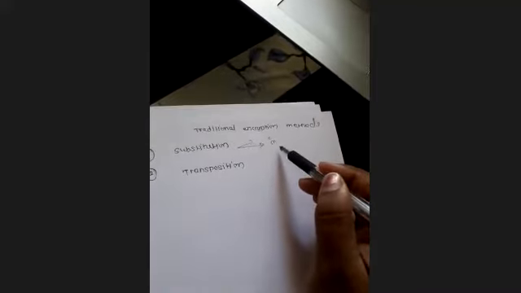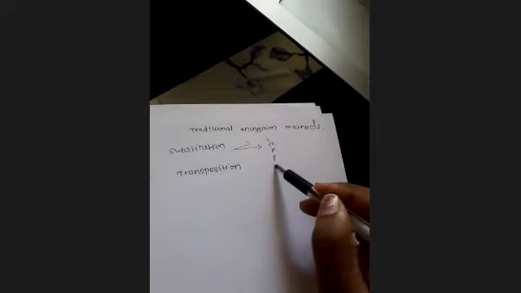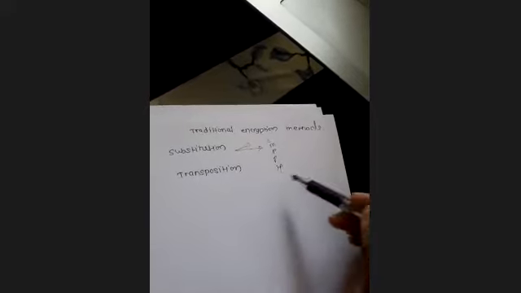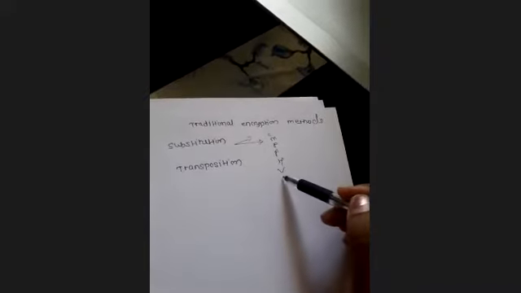But in substitution we have discussed the Caesar cipher, then the monoalphabetic cipher, then the polyalphabetic cipher. After that, we discussed the Playfair cipher, then Hill cipher, then Vigenère cipher, and then Vernam cipher, right? So these were the substitution methods.